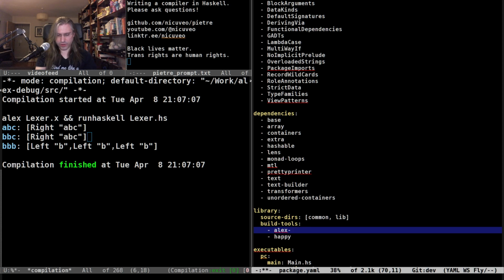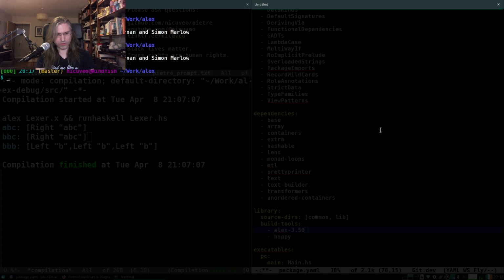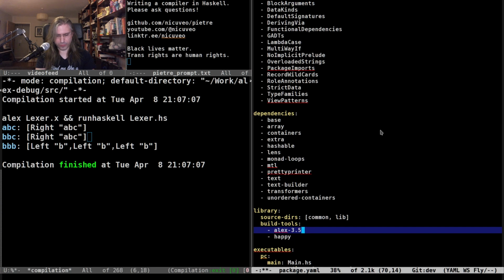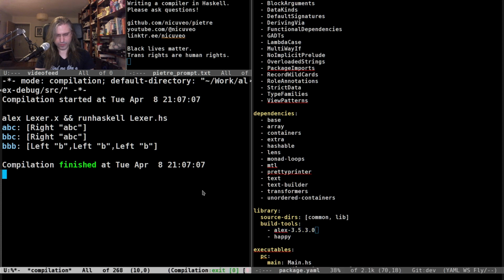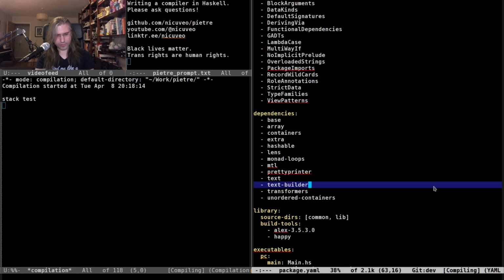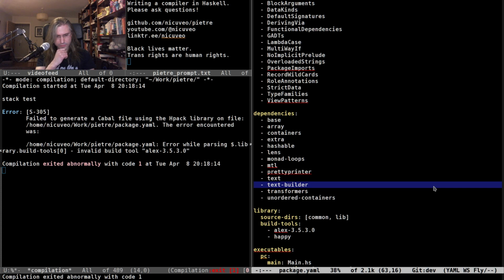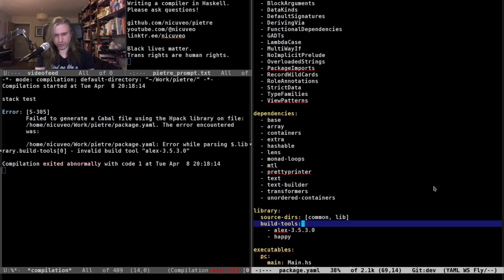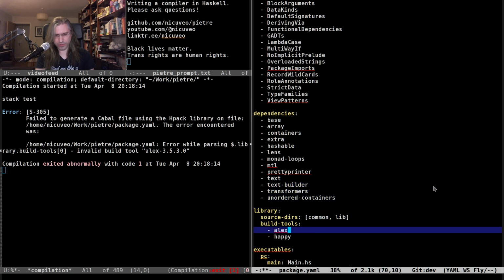Can I here say 3.5 point whatever the proper version was? 3.5.3.0. Would that work? Nope, that doesn't work. Huh. I don't remember how to specify a specific version for this.